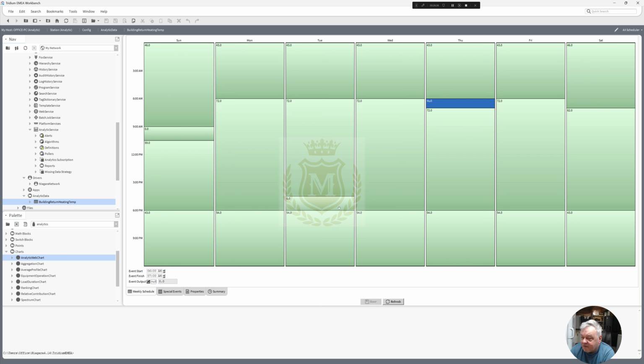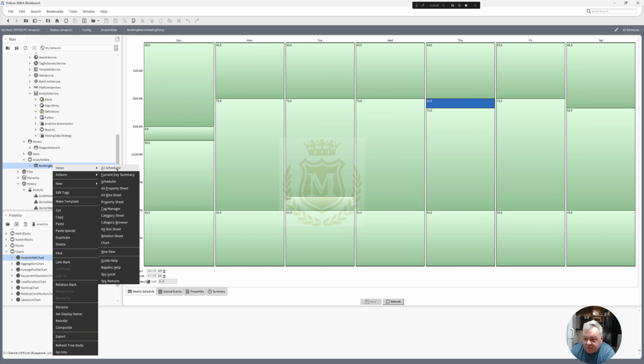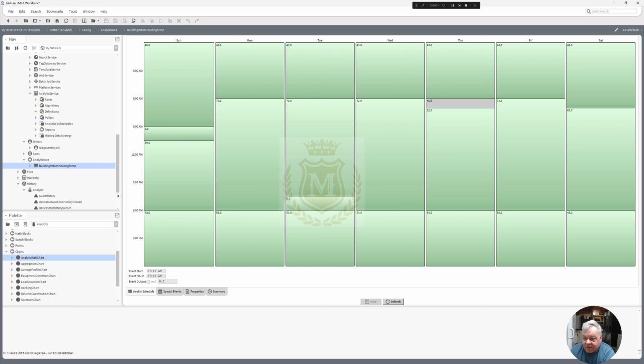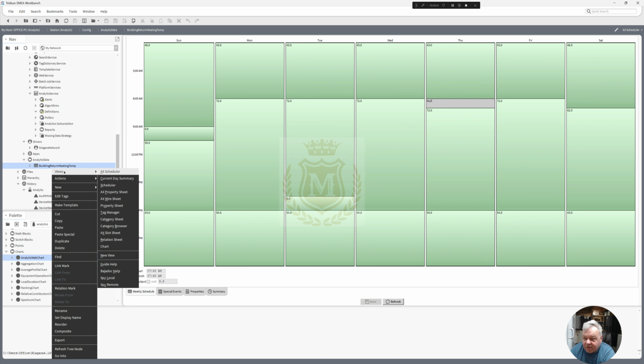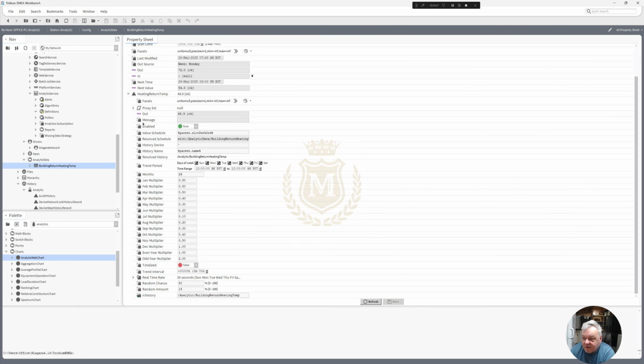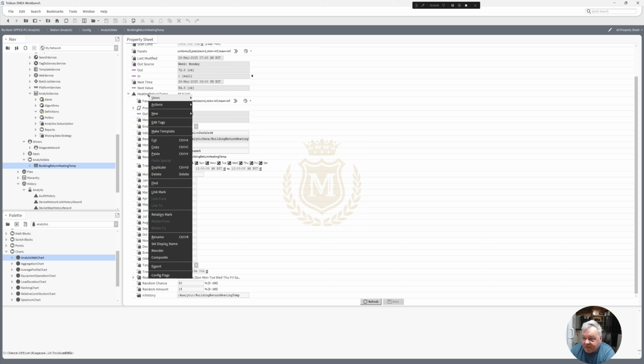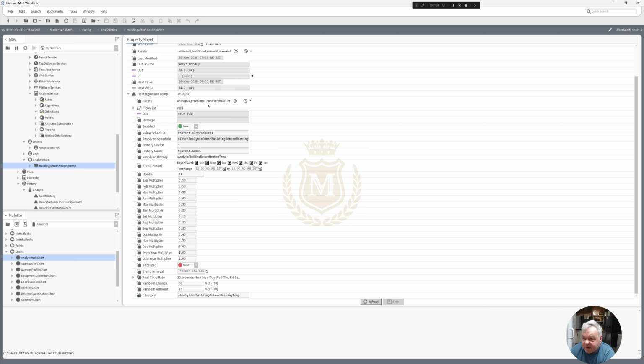Save. And then let's go back to that views AX scheduler. I don't want AX scheduler. Views AX property sheet, and right click that, actions, rebuild history,